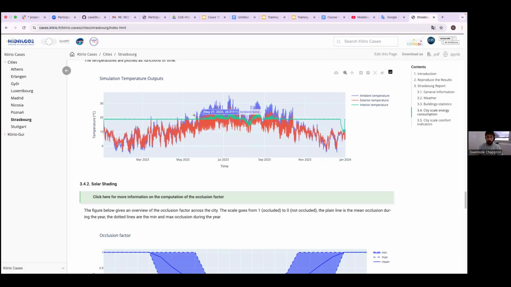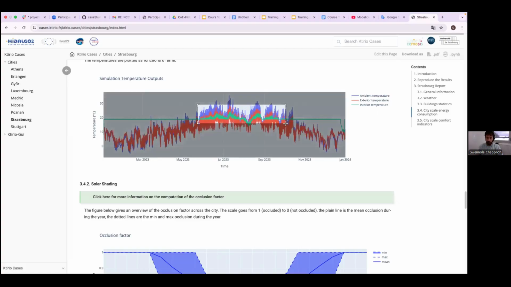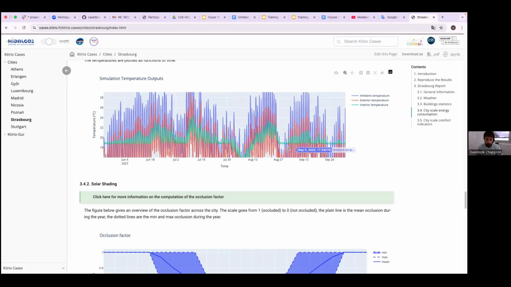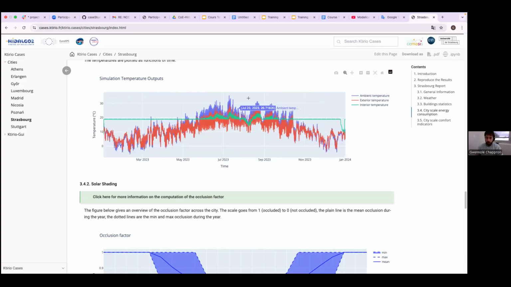The other way is we can see that we correctly reduce the heating power during the summer months because we don't need to heat the buildings as much. And if I zoom a little bit, we can see that when the temperature is quite low, we maintain the temperature in the buildings at the correct set point. You can see also in blue that the temperature of the walls